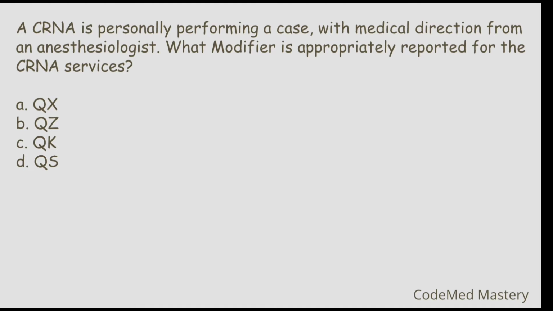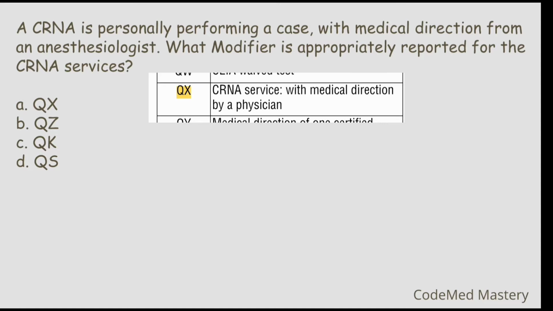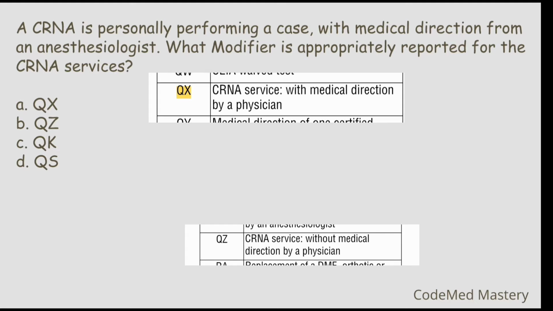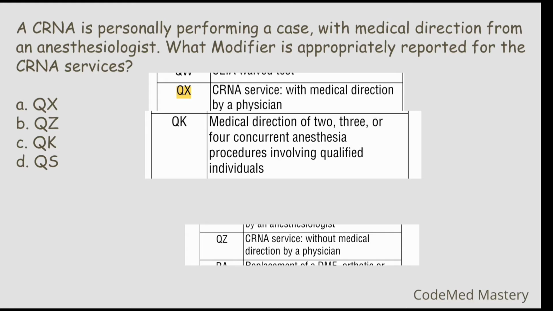A CRNA is personally performing a case with medical direction from an anesthesiologist. What modifier is appropriately reported for the CRNA services? These modifiers QX, QZ, QK, QS all come under HCPCS modifiers. QX is CRNA service with medical direction by a physician. QZ is CRNA service without medical direction by a physician. QK is for medical direction of 2, 3 or 4 concurrent anesthesia procedures involving qualified individuals, and QS is for